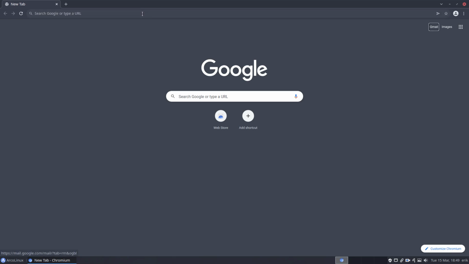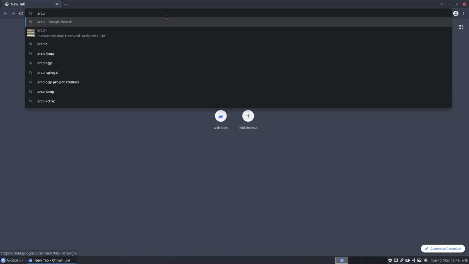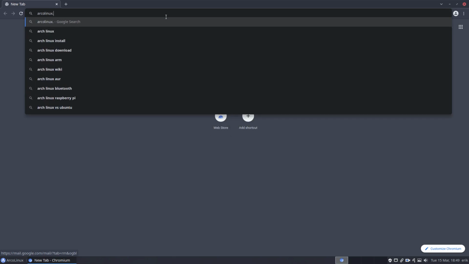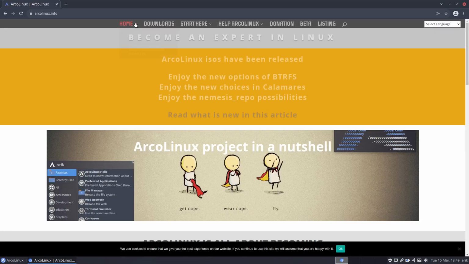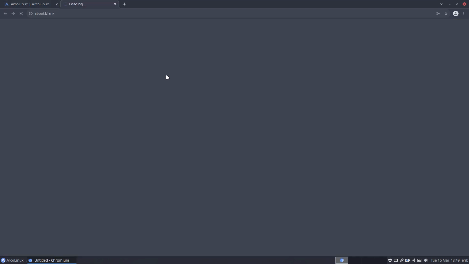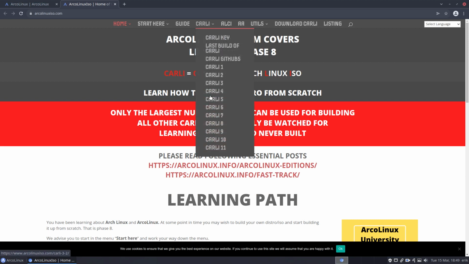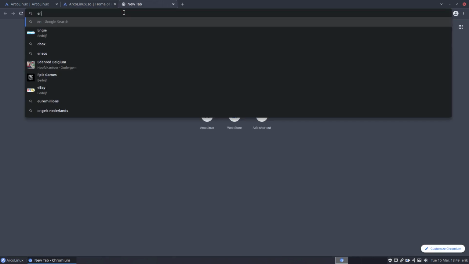So on ArcoLinux we try to teach you Linux, and then Arch, and then ArcoLinux, right? And then ArcoLinux in that order. So ArcoLinux Info is where you get all the information. The ArcoLinux ISO is where you learn to build our ISOs without too much of changes, small changes. But ArcoLinux ISO is really from scratch, right? So Carli is really from scratch. There is ALCI to learn from, there's AA to learn from, and there is so much more to learn from